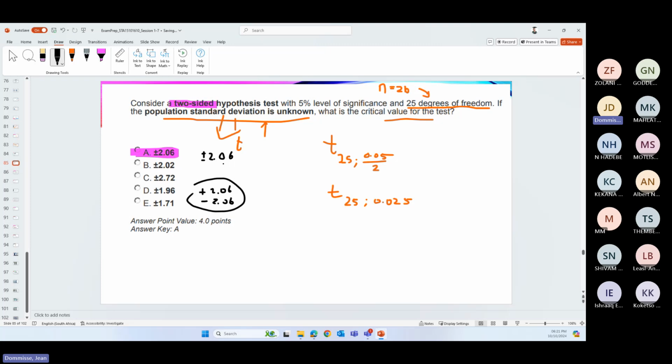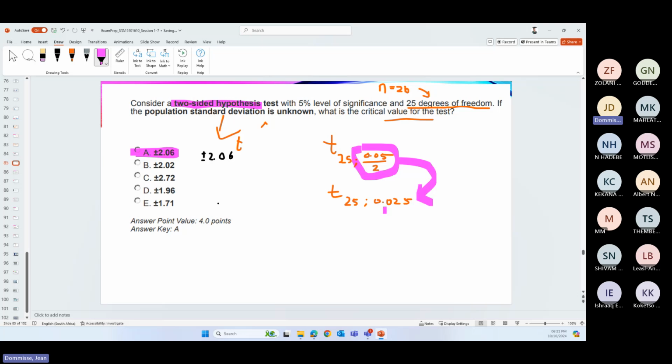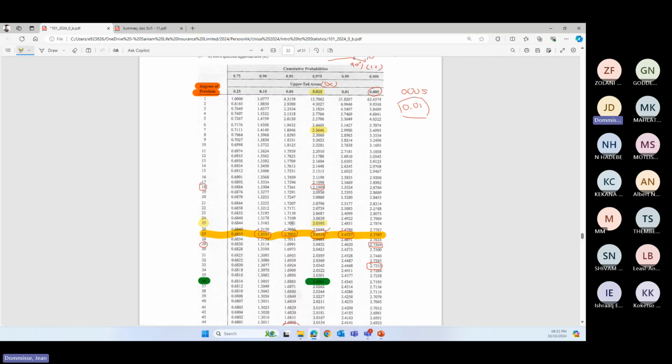The reason for the two-sided is more to use it in this component so that you needed to get to a 0,025. Because if we used 0,05, let's quickly see,